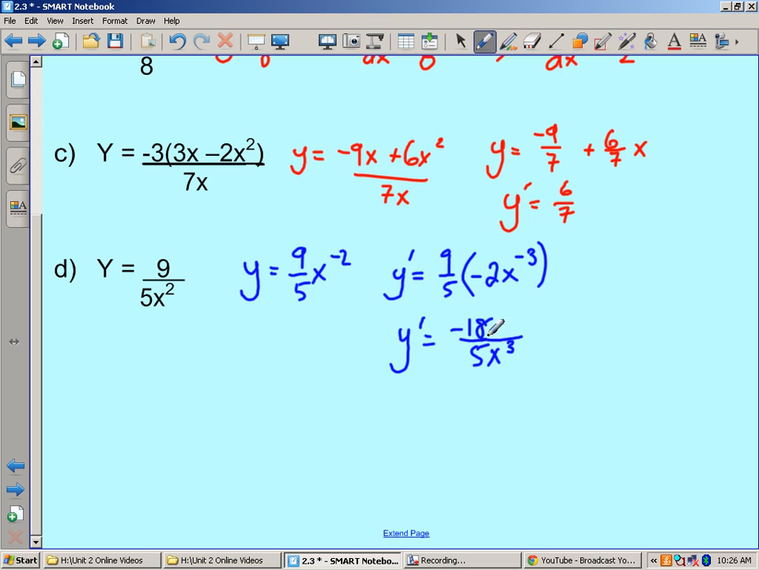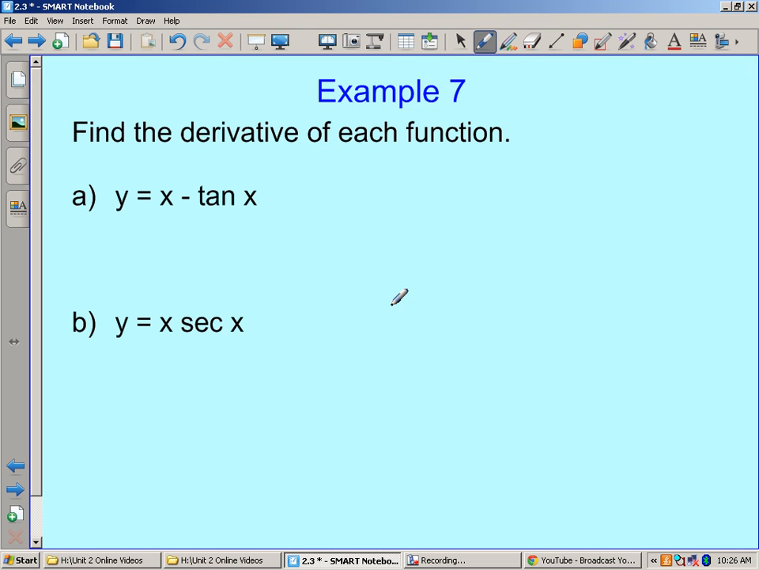It doesn't really matter, but that's my final answer for this one. So sometimes it's to our advantage to do a quotient rule. Sometimes it's on you to figure out where we're going and what's the easiest plan of attack for this. So then the next one, I'm going to have to find the derivative of each one of these